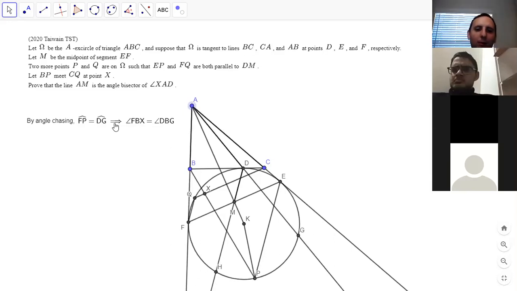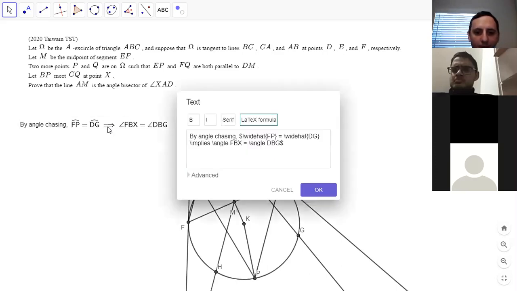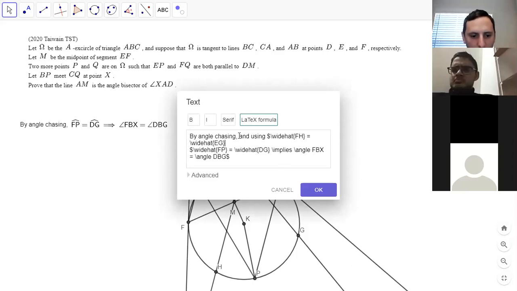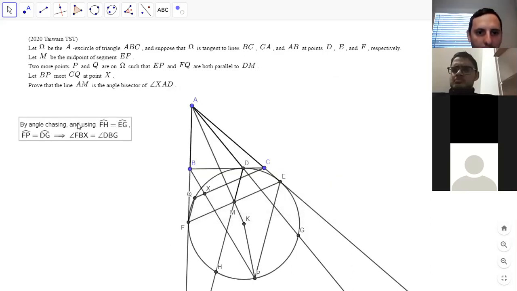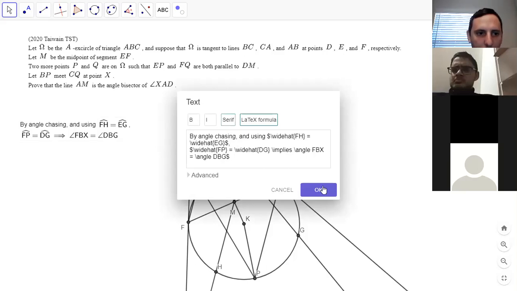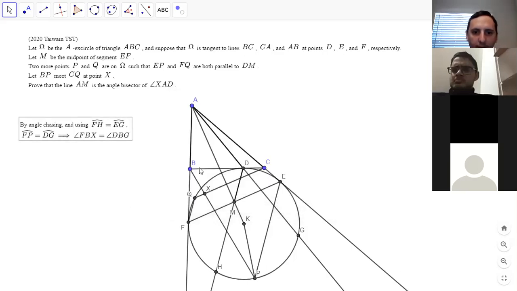So by angle chasing, and using that FH equals EG, we then have that. So basically, angle FBX is DBG, and similarly,